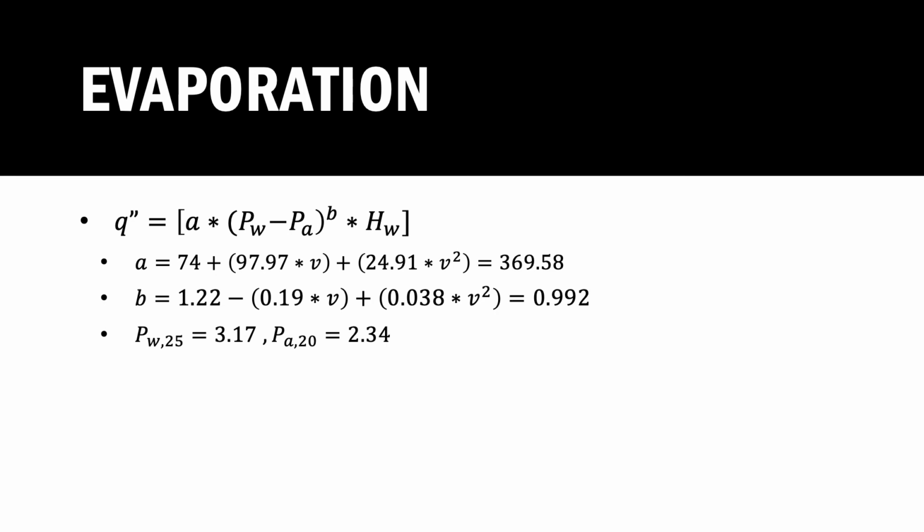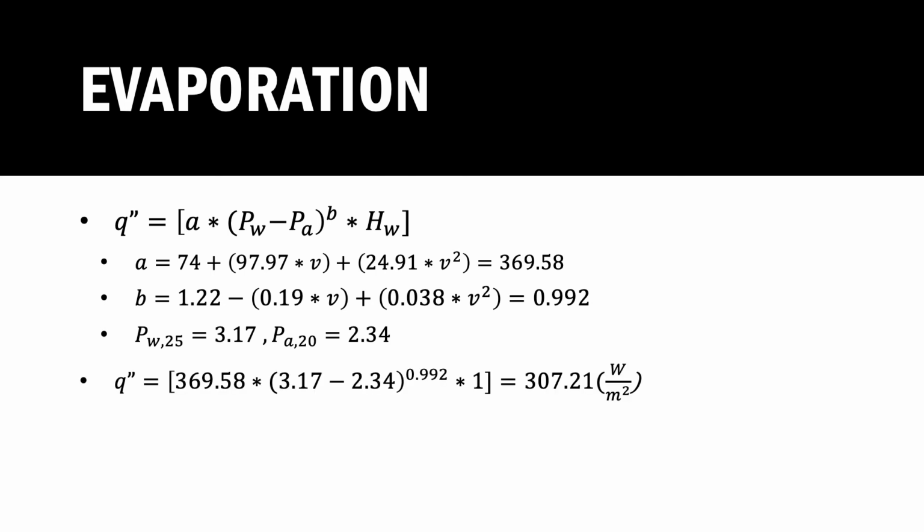We now need to find the values of the water vapor saturation pressure at both the temperature of the water and the temperature of the air. A simple Google search can yield these results fairly quickly, but it's important to make sure that these are in units of kilopascals to keep the units consistent. Lastly, we can plug in a value of 1 for the evaporation constant because it is simply a system of water and air. Putting it all together and solving for the flux, we get a value of